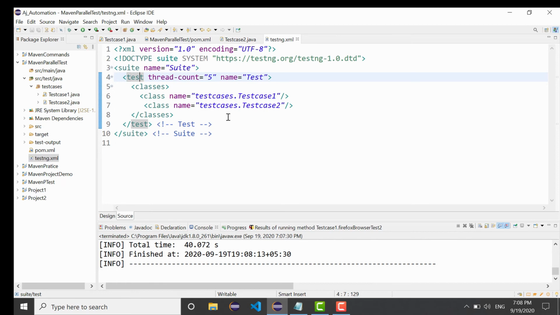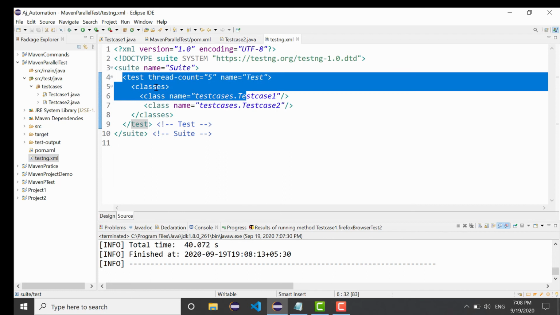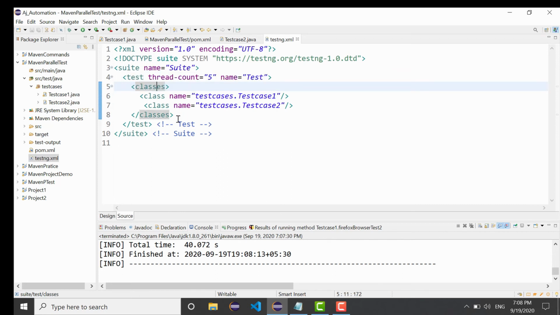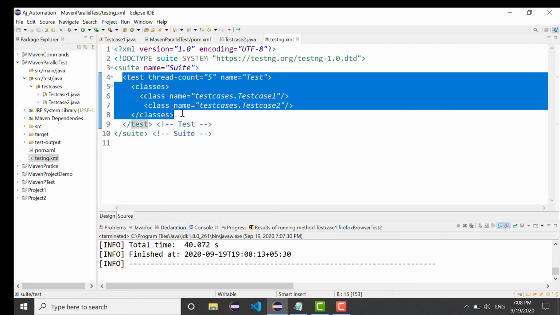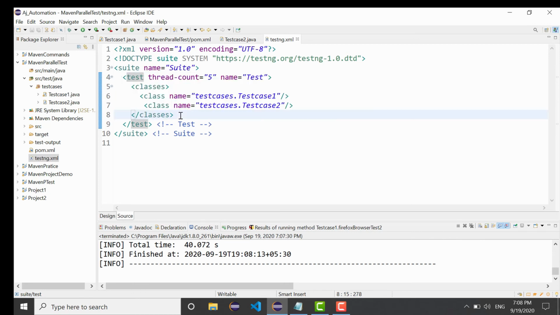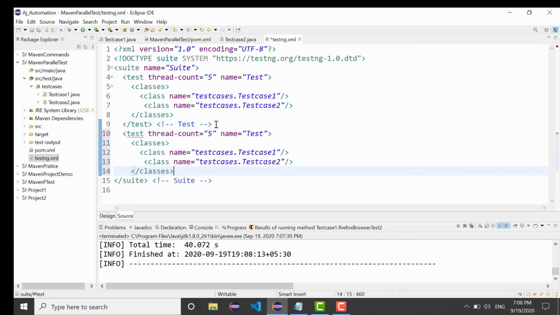It will not run in parallel because in test.xml we have only one test here. So maybe what we can do is copy this, paste it here, and this is, let's say, test 2, this is test 1.